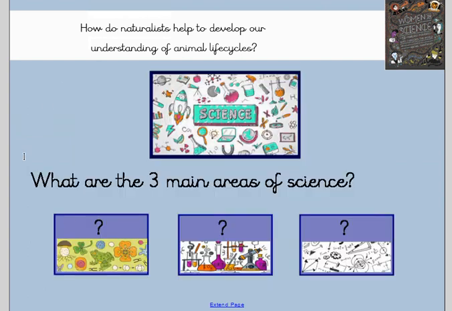Now, we also said that there are three main areas of science within school, okay? So we look at three main areas of science, and there's a little picture clue for each of them, okay? What I'd like you to do is, after you've told me what science is altogether, then could you tell me what these three main subject areas are, okay? And a little bit about each of them. So maybe a couple of bullet points so you understand which of those three areas of science there are, okay?